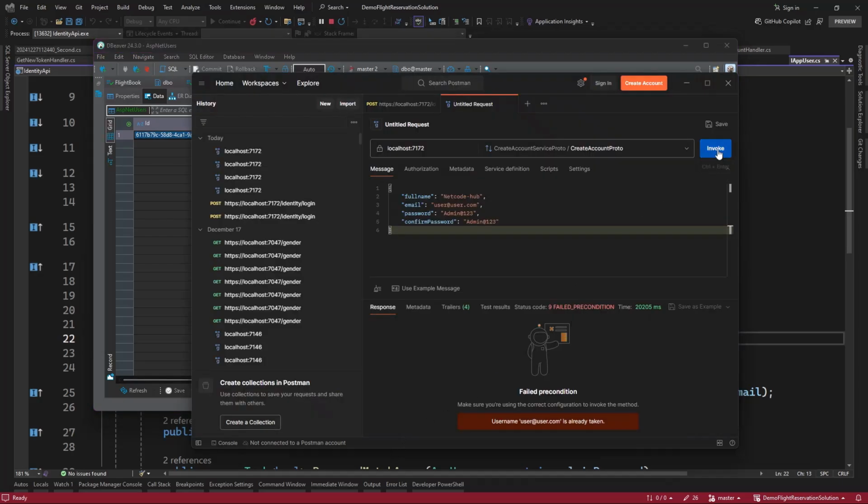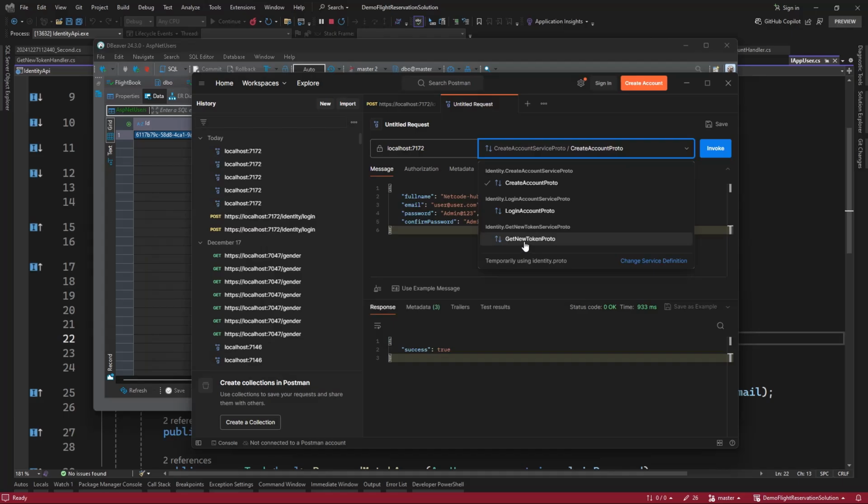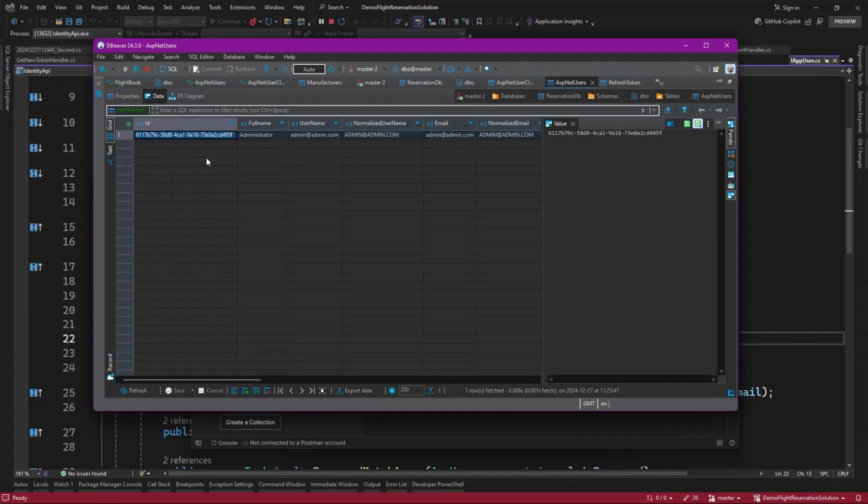Now let's execute this again. And now this should work. Yes, so this is working. Now let's go for a refresh token. So check for this. Get new token. And now we need to provide a refresh token. Now where can we get the refresh token? Let's check our DB var, and